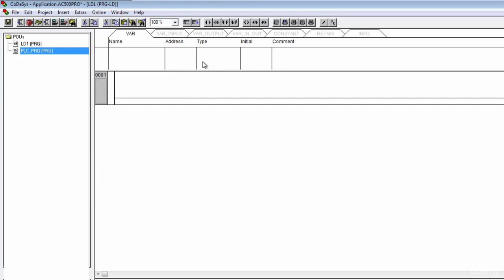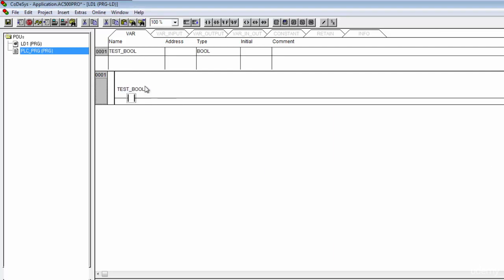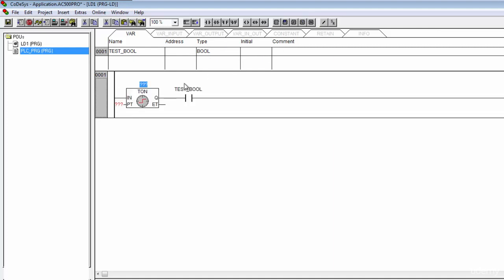logic. So the first thing I know I want is a contact, and this I'll go ahead and just call it something like test bool. Good, and I'll go ahead and create that. So whenever this thing is energized, then I want to call my timer. So I'll just come right up here and click this last button for a TON, and I'll move that onto